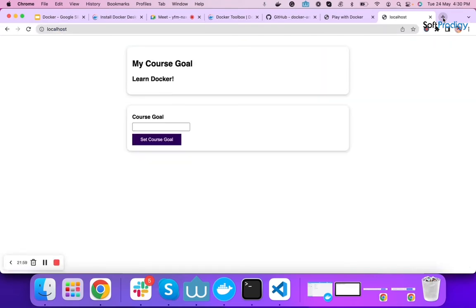This is the current Node project without Docker. I have a predefined value here, and if I enter anything, it can be set to this particular label.